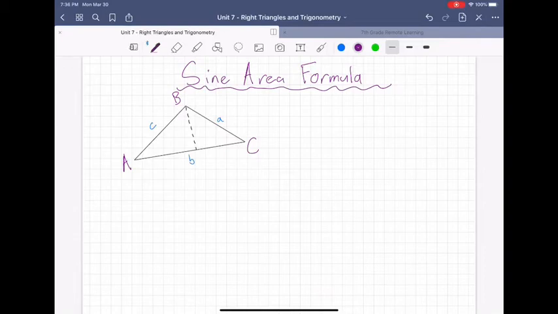Friends, today we're going to talk about an alternate area formula for the area of triangles that uses the sine